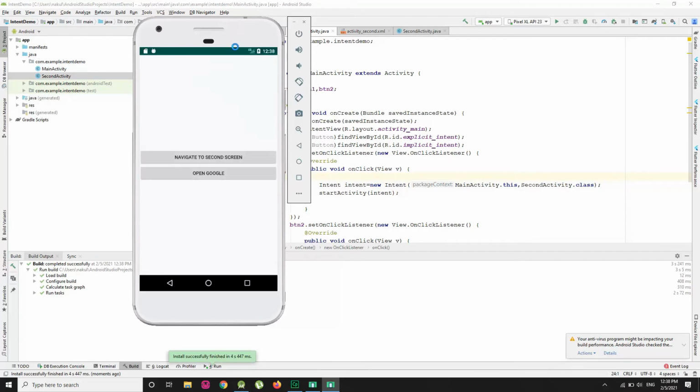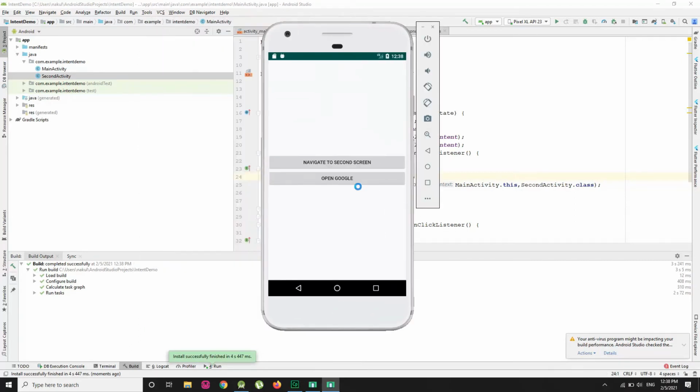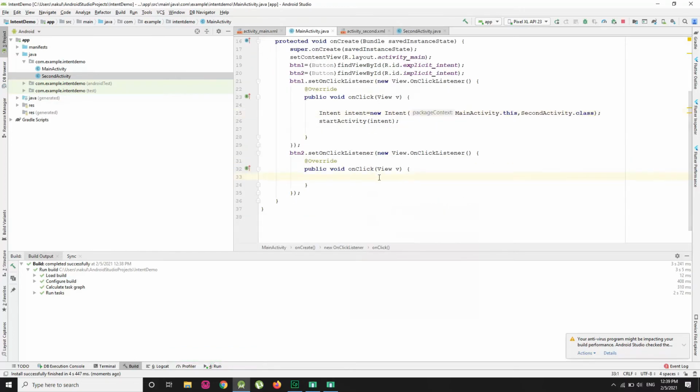So we have the output. Let us click on Navigate to Second Screen, and here we have our second screen, which says Welcome to Second Activity. And if I press the back button, then we are back in the current activity. Now if I click on Open Google, nothing happens because I have to implement implicit intent over here. Now in implicit intent I am going to open